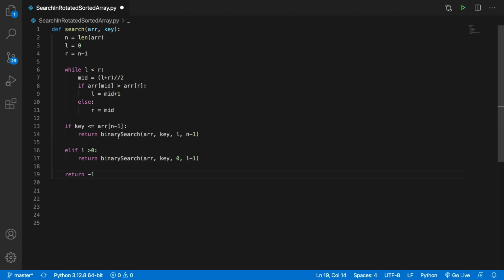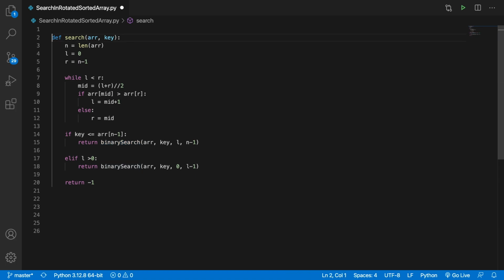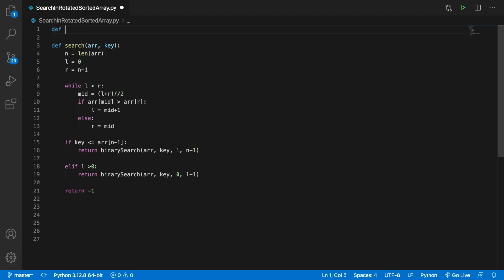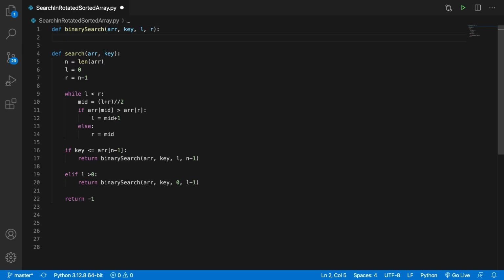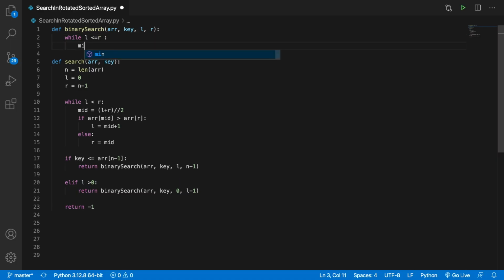And also, I can just implement this particular function. I can do that quickly. Maybe it is going to be the standard binary search function that we have, but I can just quickly write it over here, right? It will accept array, key, values of L and R, the start and the end index for the binary search, right? And then I can just run a while loop while L is less than equal to R, right? And I can calculate mid in every iteration